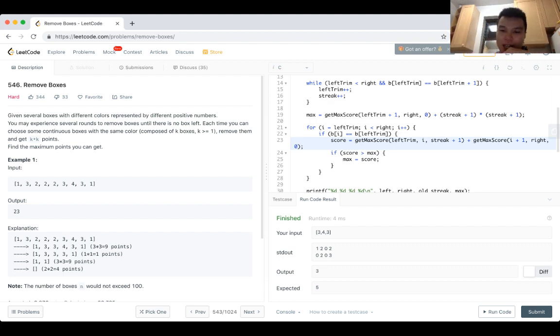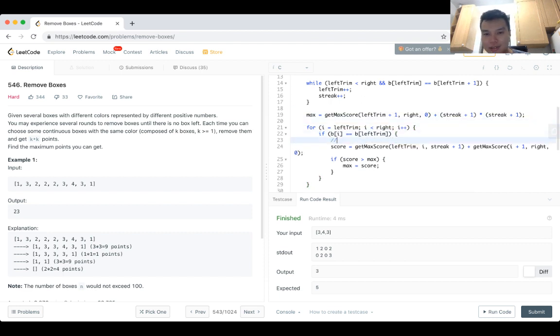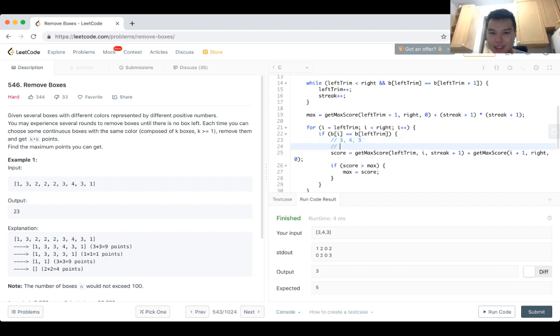recursion, because I think what happens is that this looks okay, but I think here is not doing the thing where for 343 what we expect is that it takes this 3 and this 3 and then somehow we merge them. So